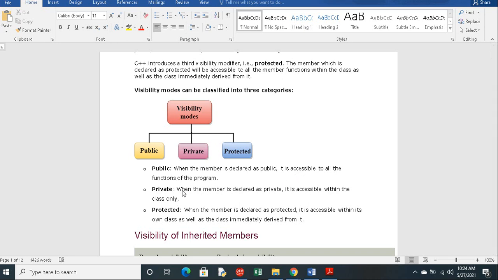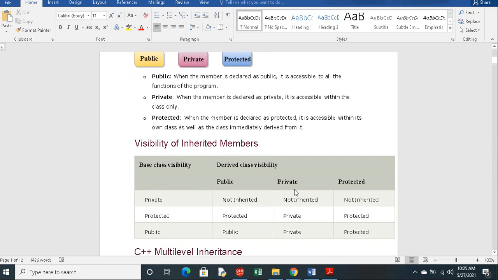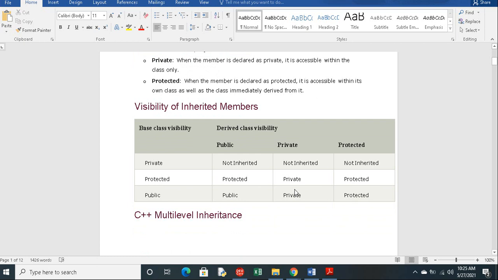If it is private, it is accessible within the class only. If it is protected, it is accessible within its own class as well as the class immediately derived from it, the relations of that class. Only those can access it.